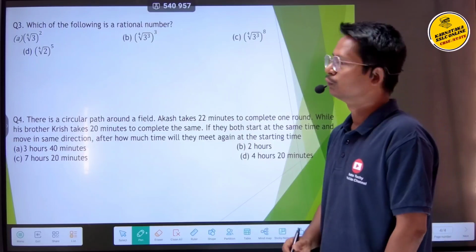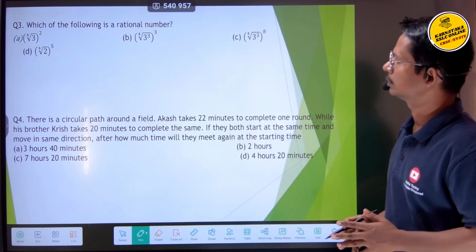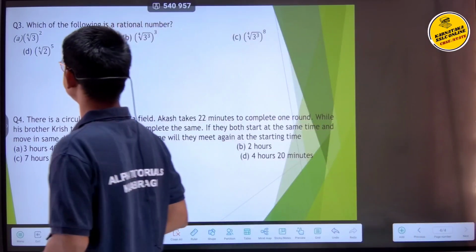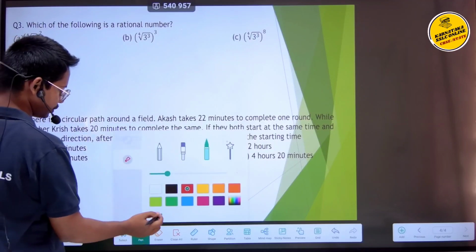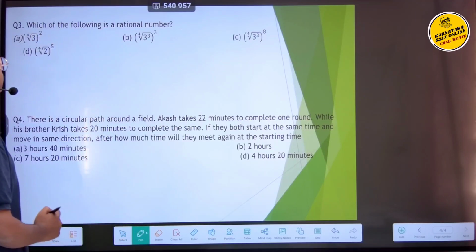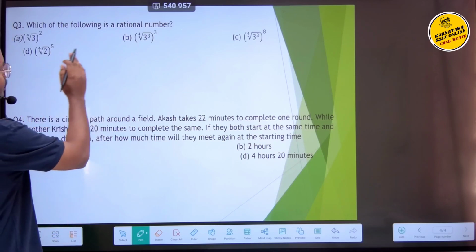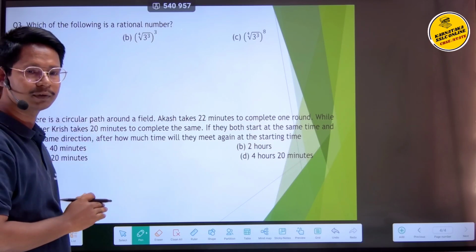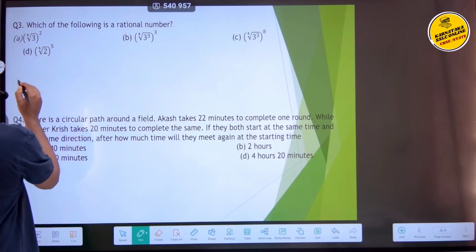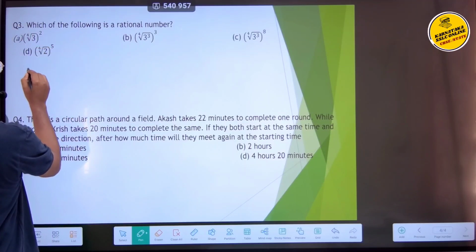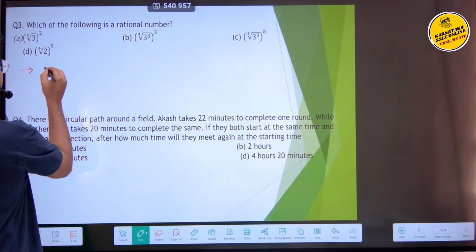Third one: which of the following is a rational number? Yes, again it is an important question. So we need to just simplify all the options, then only we can decide. Okay, so with the first one, it is